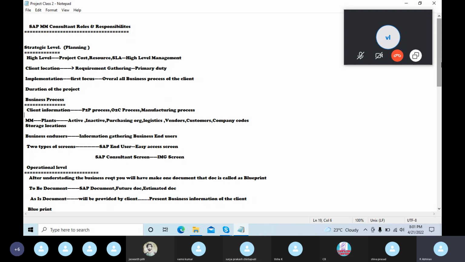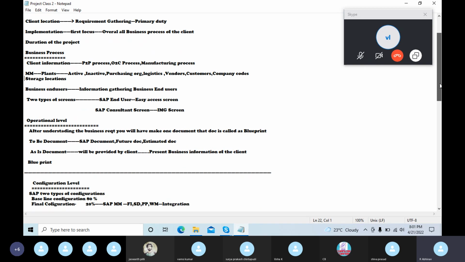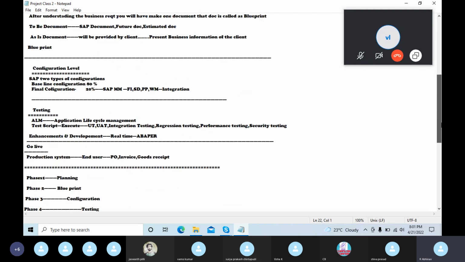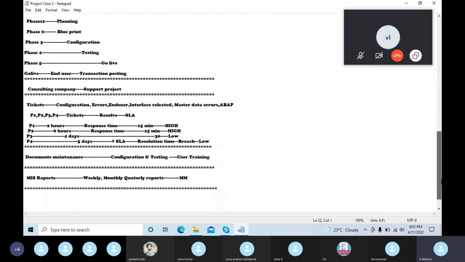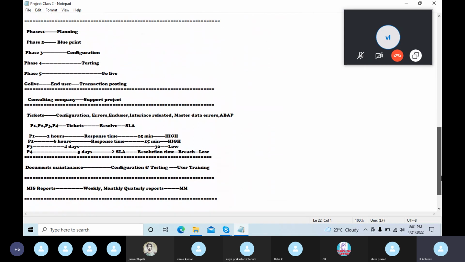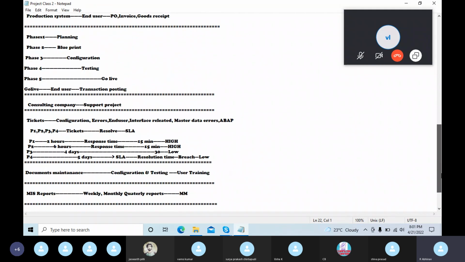And after all these phases are completed in the client, it will be sent back to our consulting company, where we'll be supporting the project. Supporting the project means we'll be dealing with tickets related to configuration, errors, end users, interface, master data,